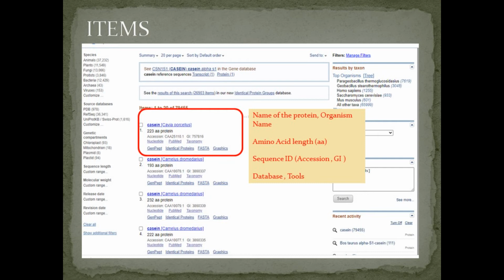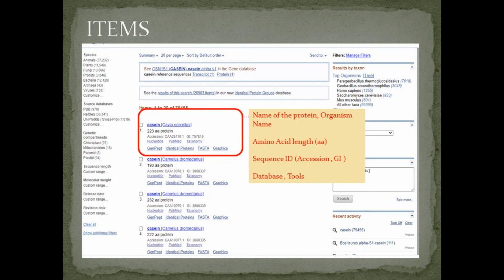Here you can see the items section. Firstly, in the items section, the number of entries is represented, like 1 to 20 on a page, and the total number of entries is approximately 78,000. In this section you can see a blue line, which denotes the name of the protein and the type of organism, and below this line you can see the amino acid length, represented by AA.